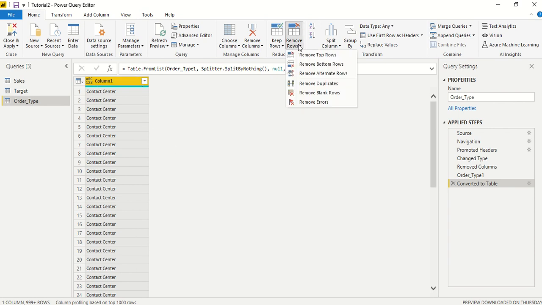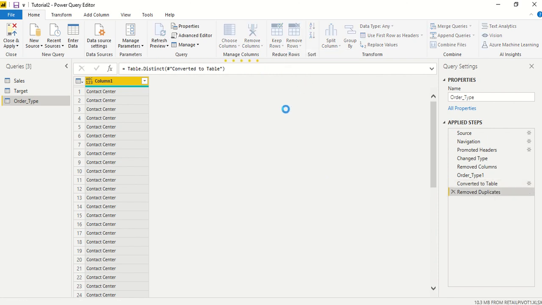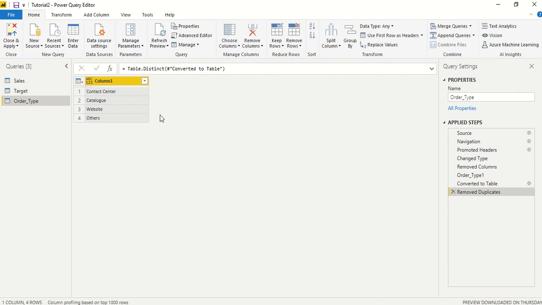Now we go ahead and say remove duplicates. We don't want duplicates, so we should get the 4-5 values which we have. So we'll remove duplicates, and once these duplicates are removed, we are going to add an index column to it. Now these duplicates are removed. First of all, let's rename it, call it order type. We can actually rename the table also, because there is an underscore, and in Power BI display we don't want to have an underscore, so we will call it order type.